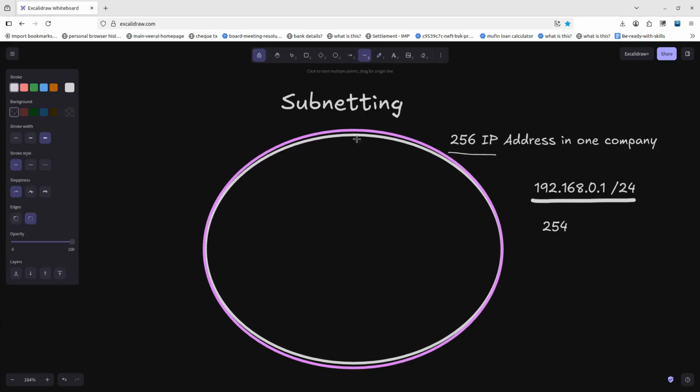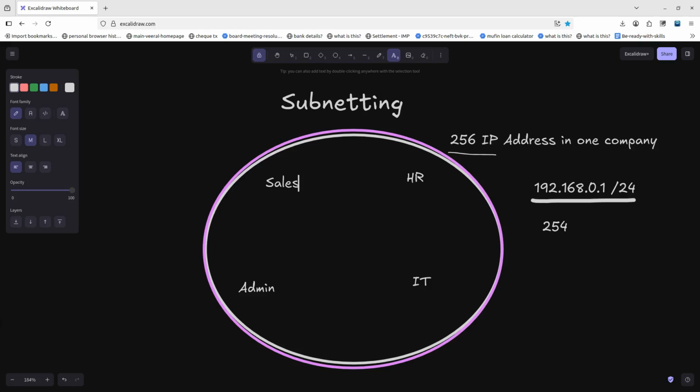However, there's the rub. Let's say you have the HR department, the IT department, the admin department, and then the sales department. If you have them all, can you lump them all in a single network of 256 IP addresses? Absolutely not. Why? Because if you need to notify HR about something, and you don't want IT, admin and sales to get involved, then lumping them in a single 254 network just won't be practical, and it can be a potential security threat as well. Okay, so instead,